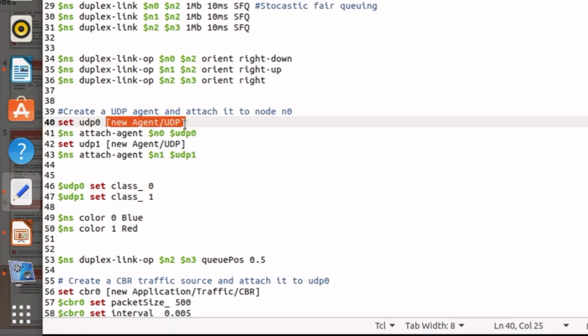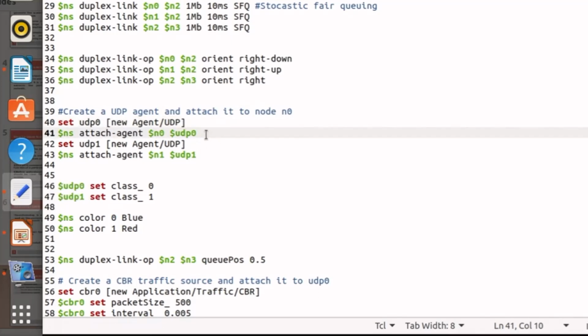UDP agent means, all of you should know that UDP is user datagram protocol, which is a connectionless protocol. It is used for constant bitrate data transmission. If you don't know, I am telling you, you should learn this. If some packets are dropped in UDP, there is no problem.